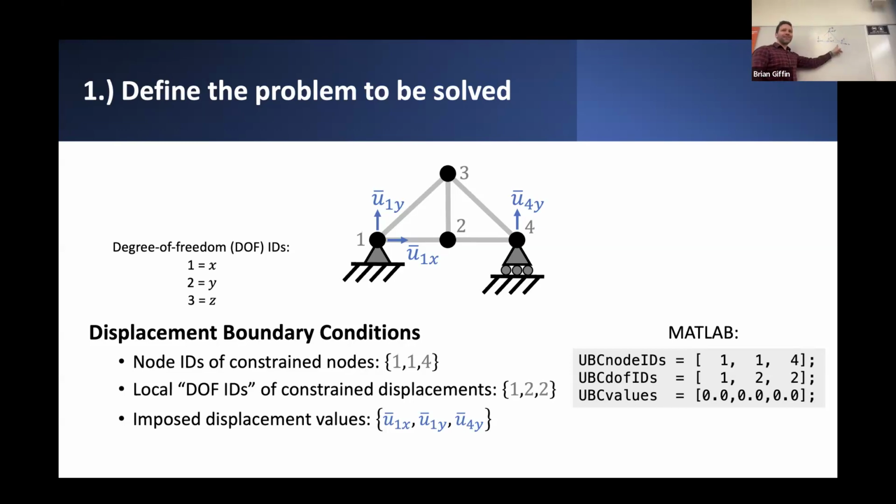So there are many ways that you could go about ordering or listing off the degrees of freedom for the problem as a whole. I find it convenient, or at least that's how I chose to implement it in this context, to assume an implicit ordering of these components, or these labels that I'm assigning to the degrees of freedom in the structure, such that I can index over them in a clever way. But basically, I can say that the degree of freedom associated with a particular node, the global degree of freedom ID,